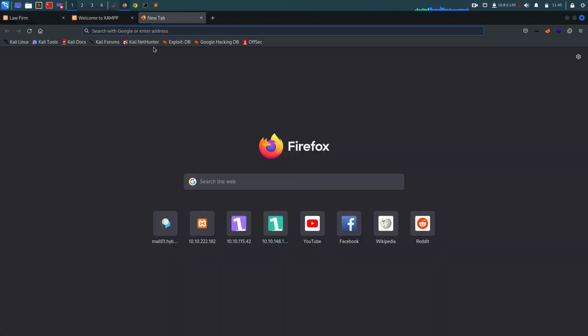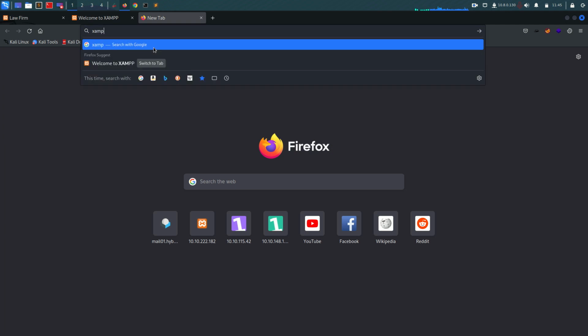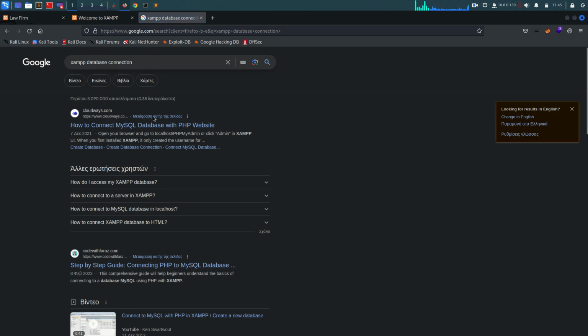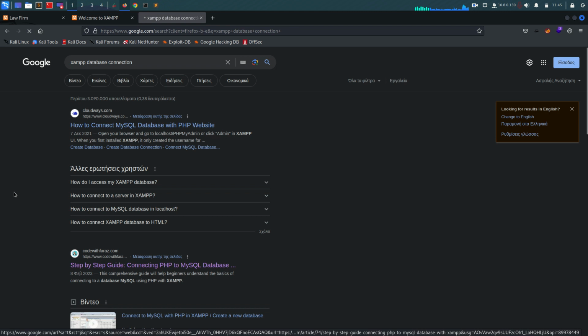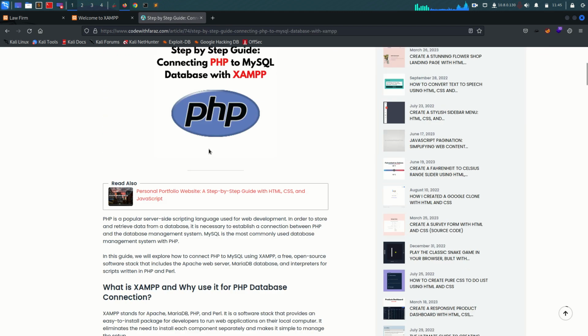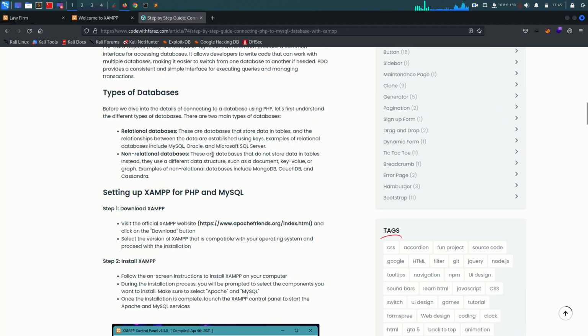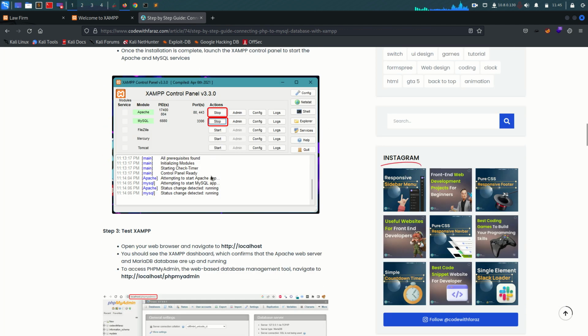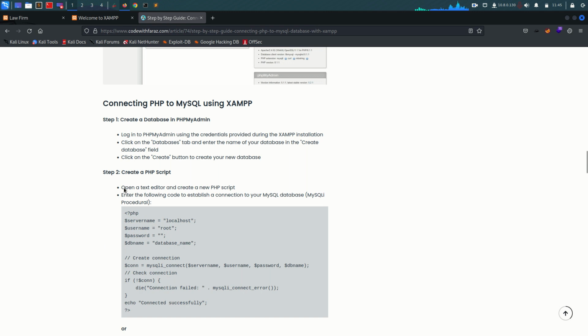So let's try and Google the XAMPP database connection. And here, if we do some digging, we can see that